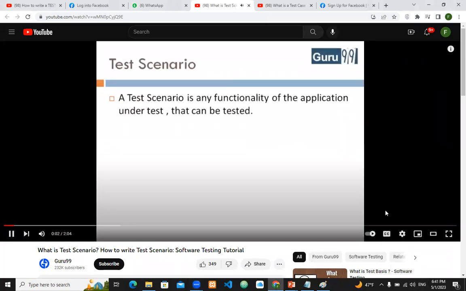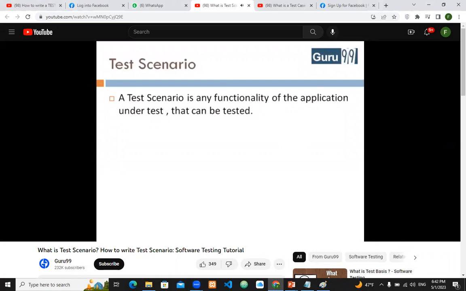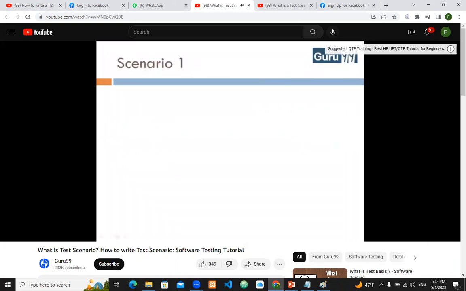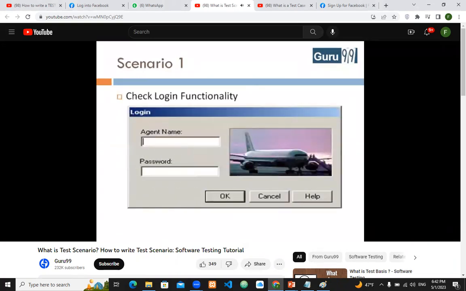A test scenario is any functionality of the application under test that can be tested. It is also called test condition or test possibility. For the flight reservation application, a few scenarios would be: check the login functionality,